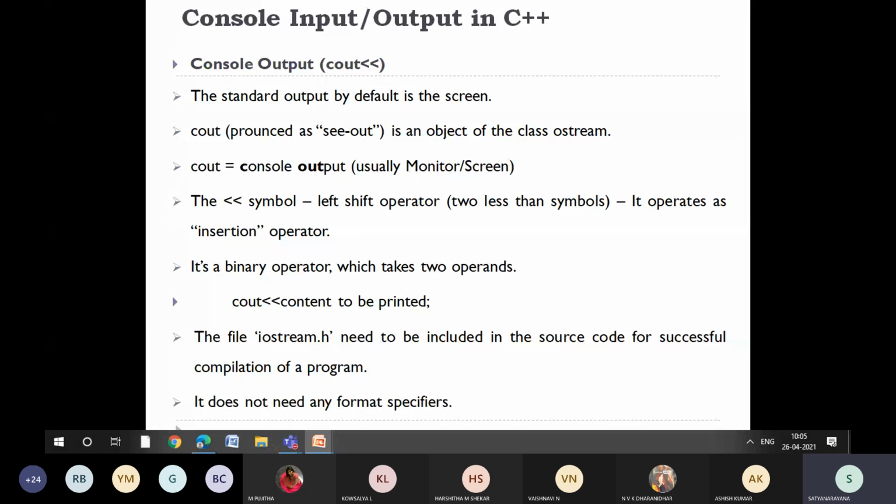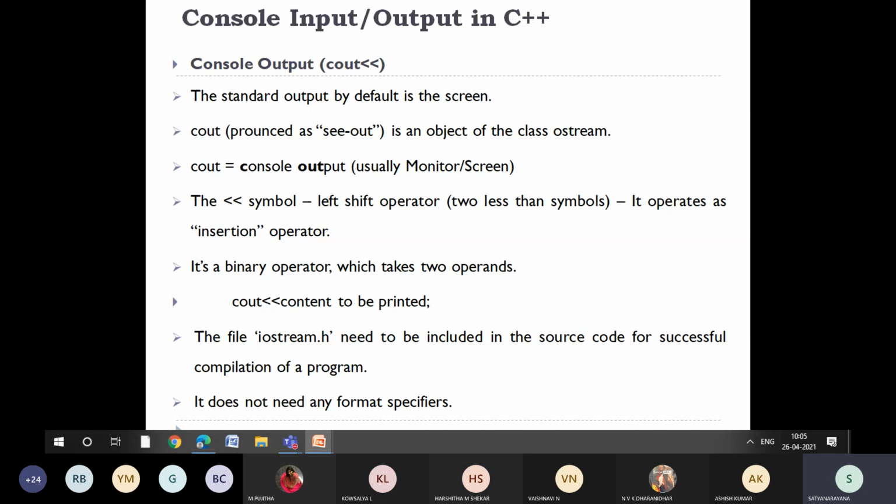In C++ also, we are going to use console input output. So in C++, the console output is the standard format of getting the output on the screen. Here the console output is taken using an object or keyword called cout.